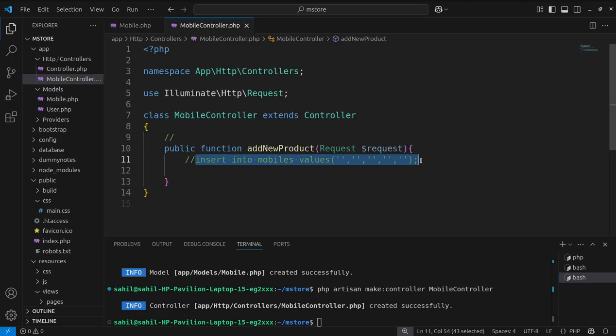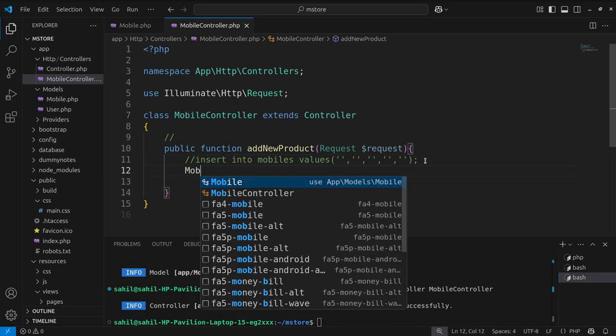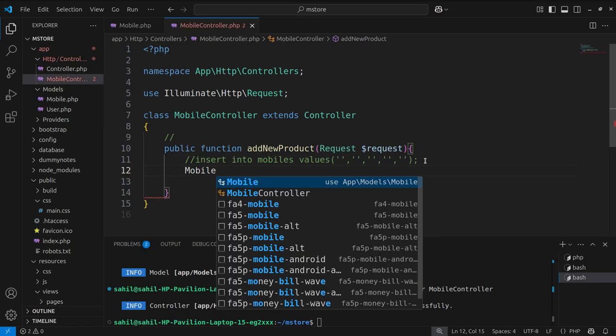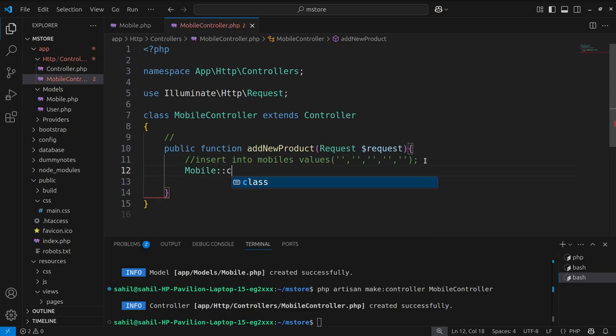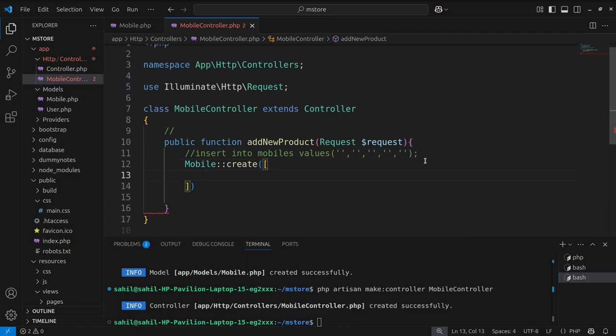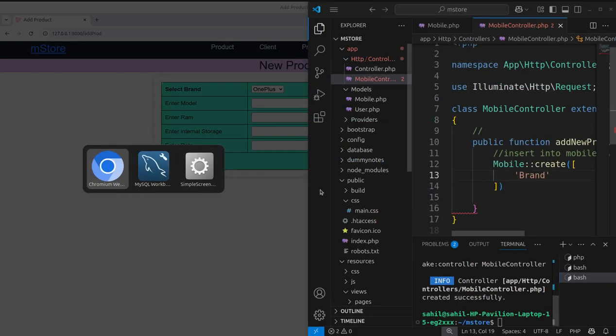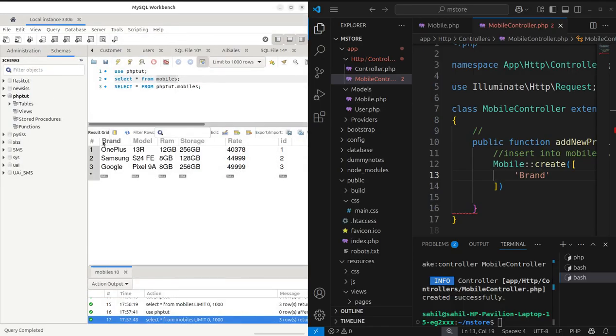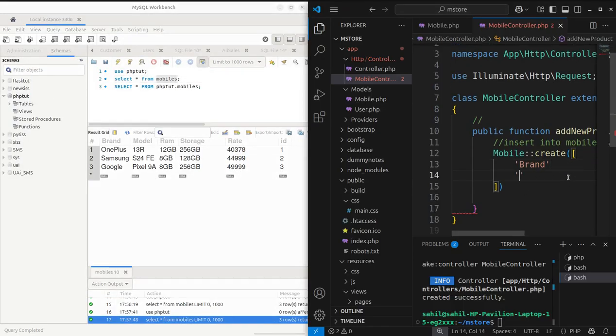So our insert query will be of the type: name of the model that is referencing this table, mobile, and then the create function. And in this create function we'll pass the values by using the concept of key value pair to the respective attributes of the table. Now the corresponding attributes of the table are: brand, then model,